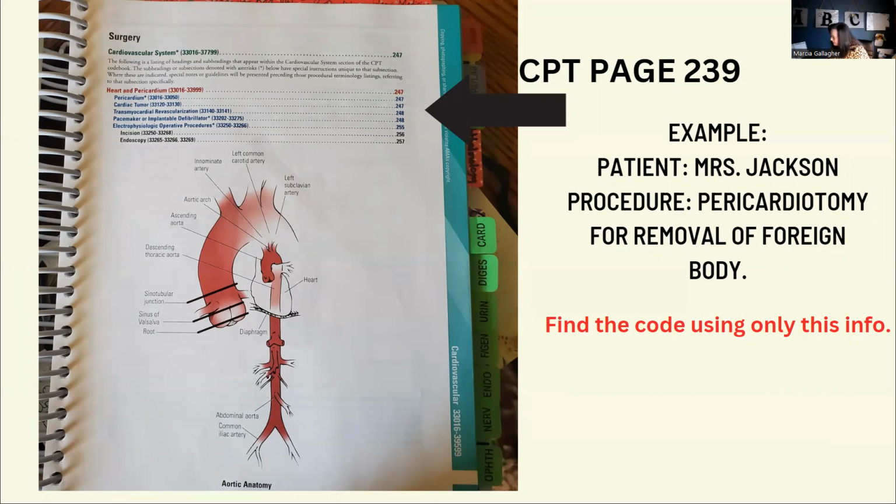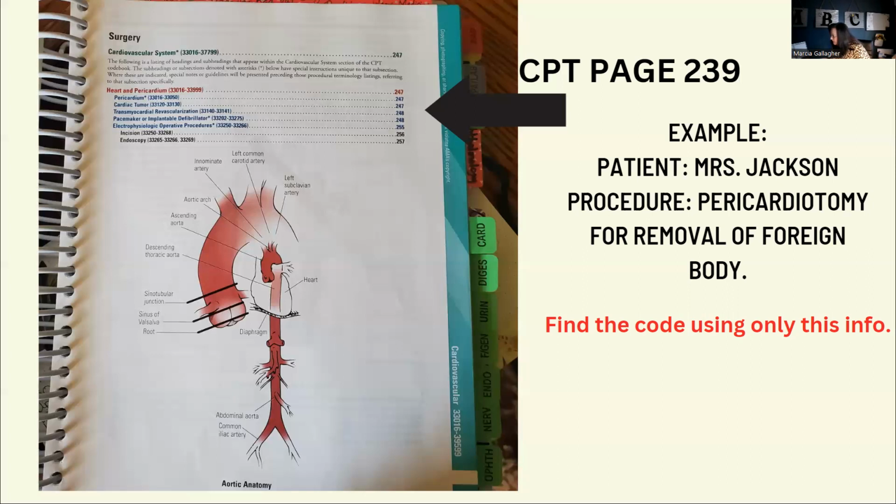33020 is a pericardiotomy, for removal of clot or foreign body. Okay, now let's stop and take a look. We're looking for a pericardiotomy for the removal of a foreign body. So looking at code